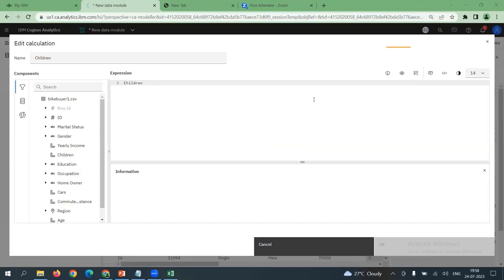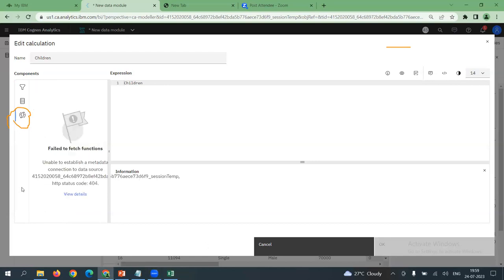Under view or edit, Cognos gives you various transformation techniques, data pre-processing techniques, which include functions. So you have to click on the function. We are now transforming the data using built-in functions. So click on the F button here, where I have highlighted the button labeled F push button. We need to click on that. So I just click on the F button here.